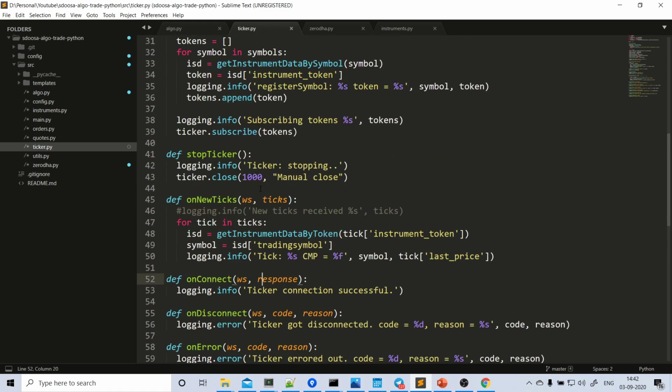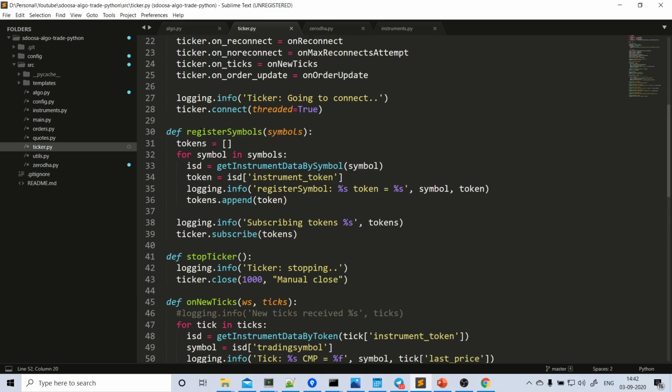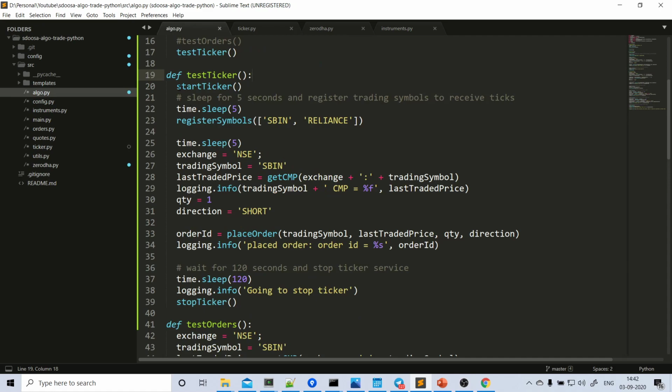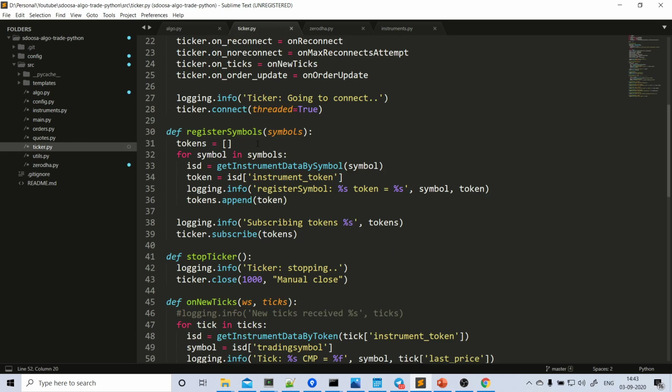I have written a function called register symbols. Symbols are passed from outside. Let's say from algo, after starting the ticker, I'm waiting for 5 seconds and calling register symbols, passing SBI and Reliance.